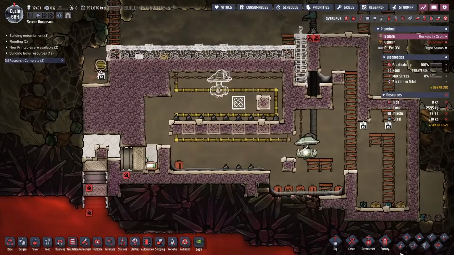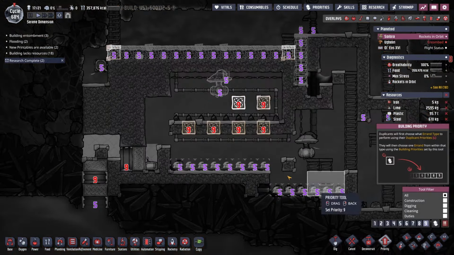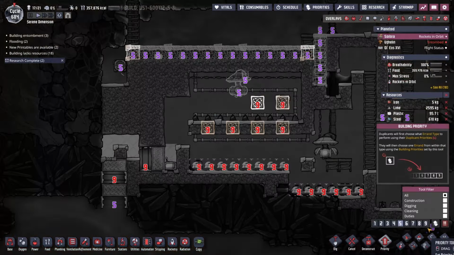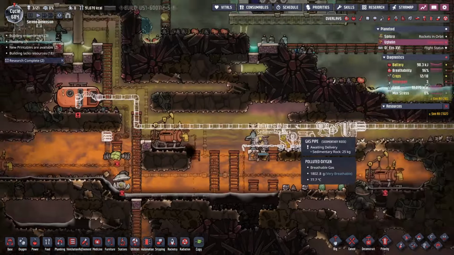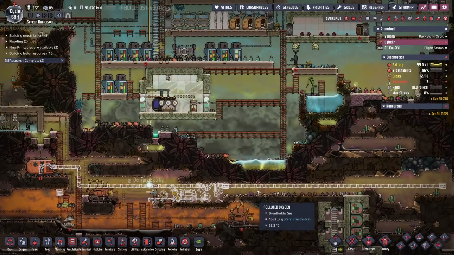Not much progress, to be honest. Let's turn the priority of that to a 9, get all that oil out of there, and then everything else should also be a 9. We want this done sooner rather than later, right? All right, let's go back over here. Looks good. I mean, there's plenty of room for all that,